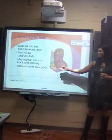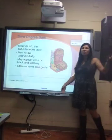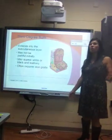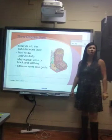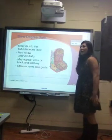Because what happens if you have a third degree burn? You have to graft it. Yeah, there's nothing left there to grow. So you have to take skin from somewhere else, back, butt areas, back of the thighs, and then graft on